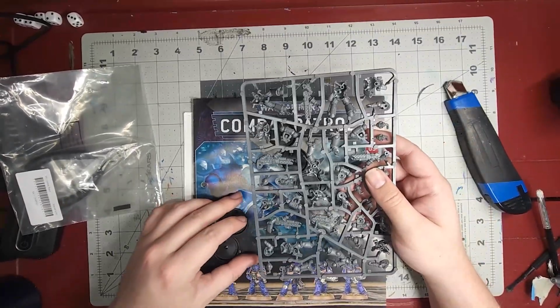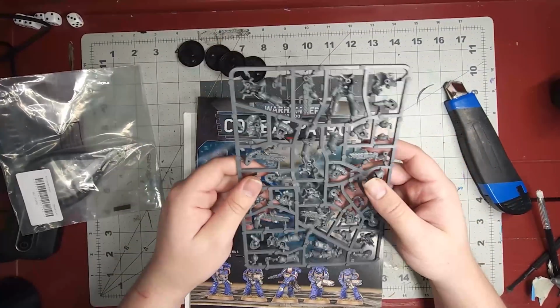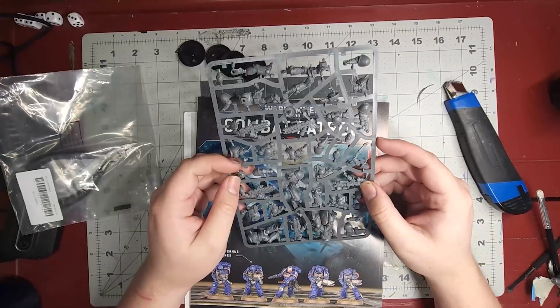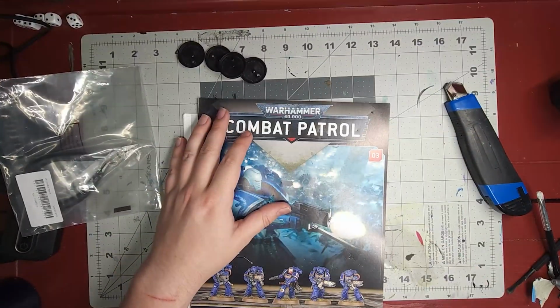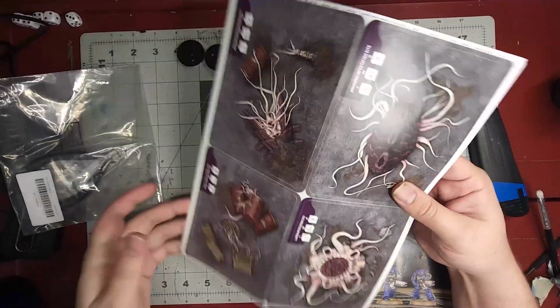This one, we've got Infernus Marines, the standard monopose kit that they are. I already have Infernus Marines, though I gave them different helmets, so I'll probably build these guys up just as stock for the little painting series I want to do with these Space Marines. And let's see, so here we have...